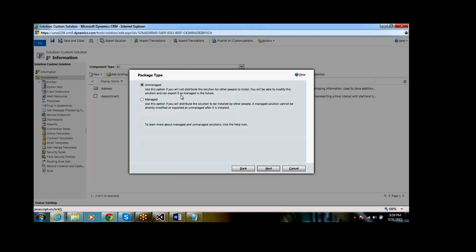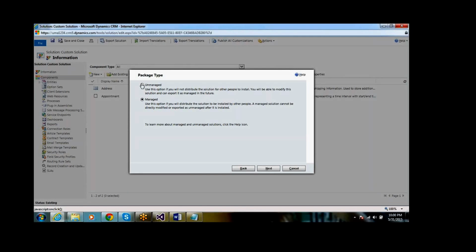But if you give this one as managed, in the test environment you are not able to do any customizations, okay. So every time you have to come to the dev environment, do the customizations, and again export this solution as managed and deploy it in the test environment, okay. That is basically the difference between managed and unmanaged solutions, okay.